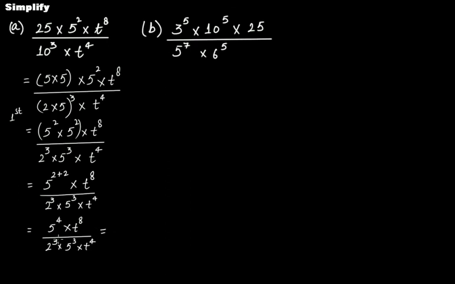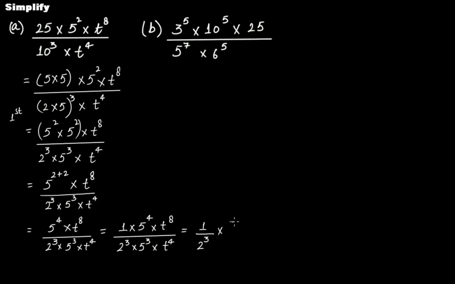I can write this as 1 times 5 to the 4th power times t to the 8th power. I have simply introduced a 1 and multiplied this. Multiplying 1 with any number will not make any change to the original value or the number. And this is 2 to the 3rd power times 5 to the 3rd power times t to the 4th power. Now I can further simplify it as 1 and 2 to the 3rd power